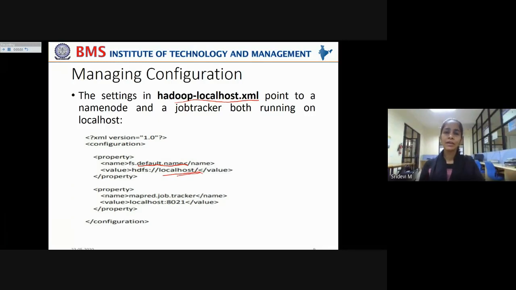The file system that it has to refer to is mentioned by the URI hdfs://localhost, so that it refers to the localhost itself in order to access the file system. And see the other property: it is taken with the localhost and port again, so that the job tracker is also run on the localhost. Localhost:8021 is given, which indicates that the job tracker is again running on the same local machine.